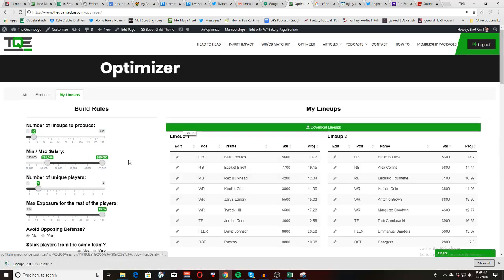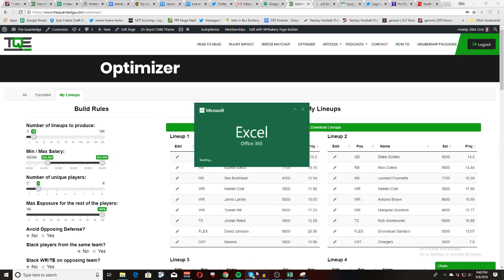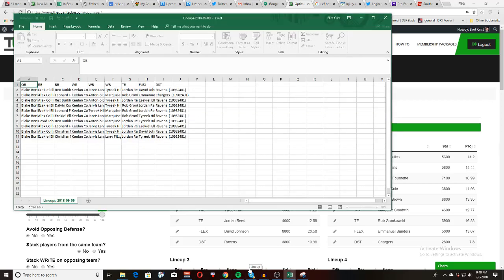If I download my lineups, it gets me a CSV that I can immediately upload to DraftKings. So all I got to do is download the CSV, save it, and here are my 10 lineups that are ready to